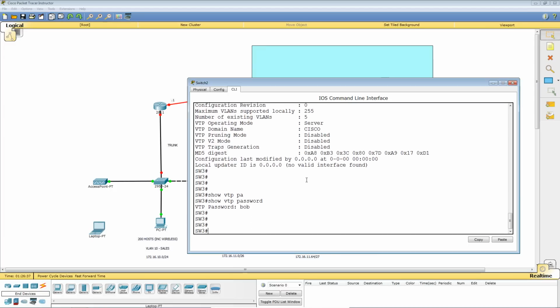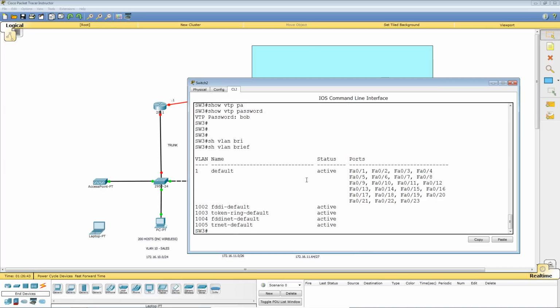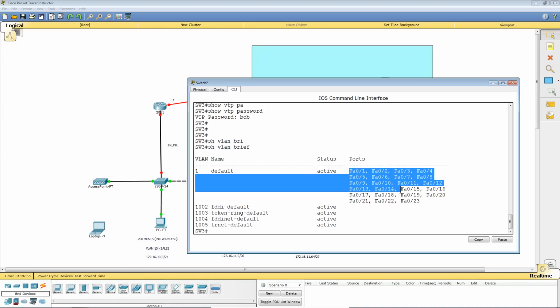Okay. Now, do we have any VLANs created? I'm on switch 3. Show VLAN brief. Yes, there are some VLANs. There's VLAN 1, 1002, 1003, 1004, and 1005. VLAN 1 is the default VLAN. All of the ports are currently in VLAN 1,